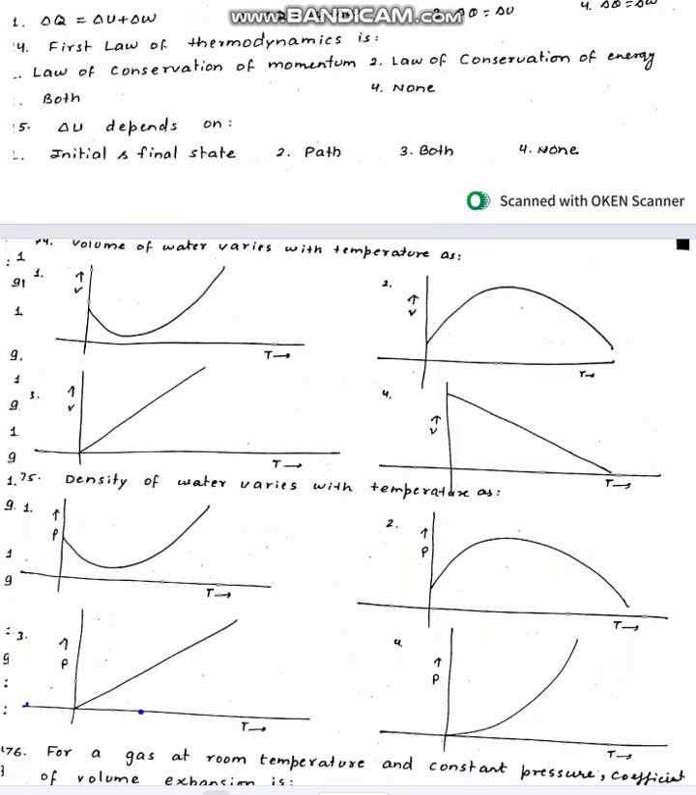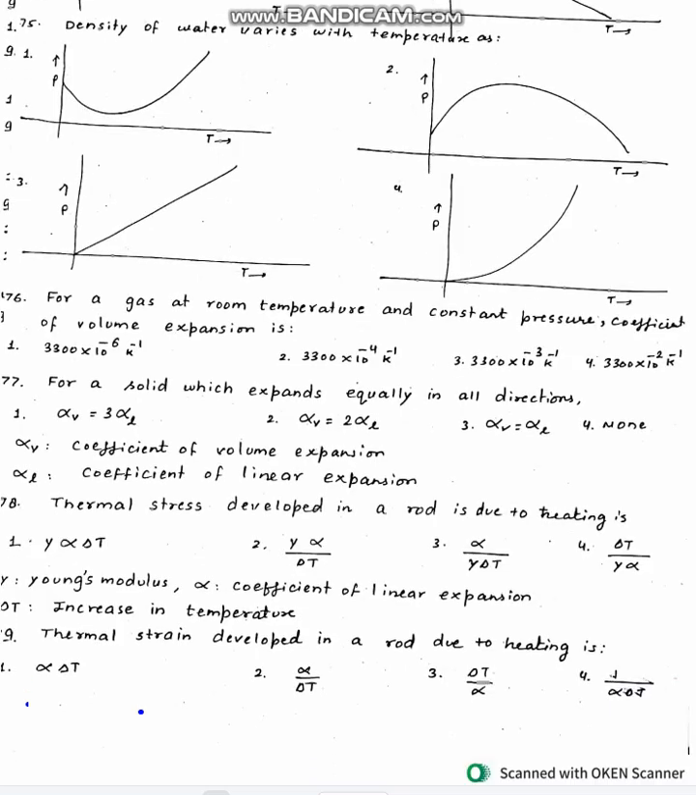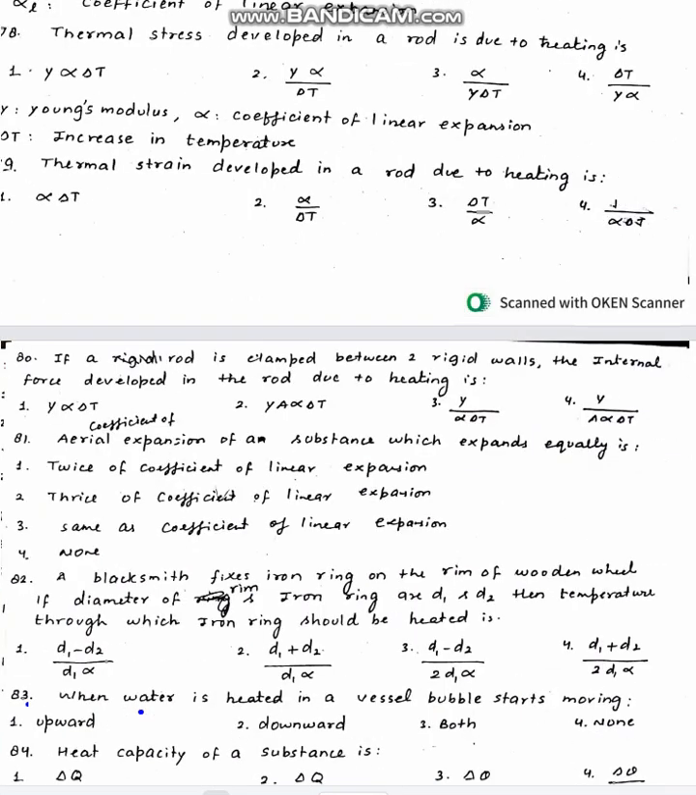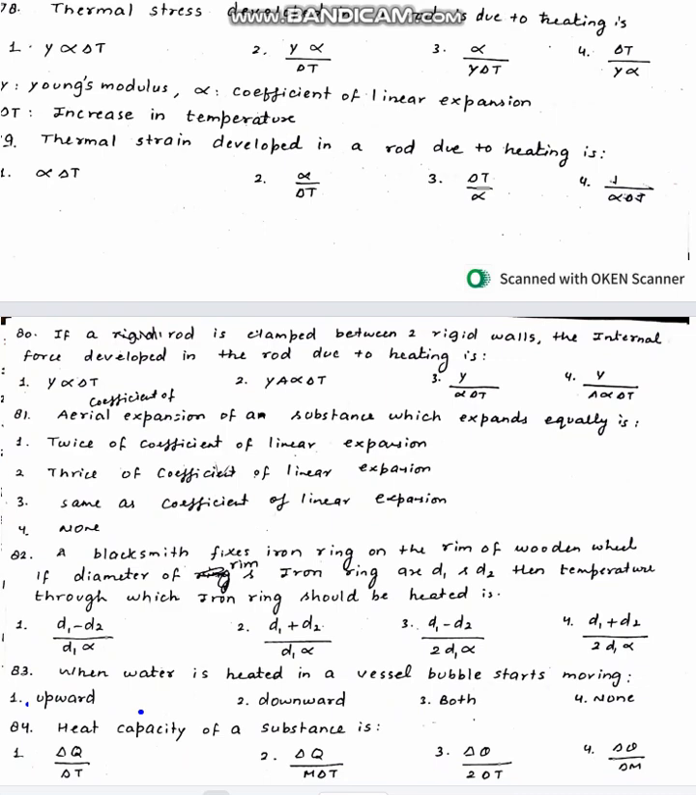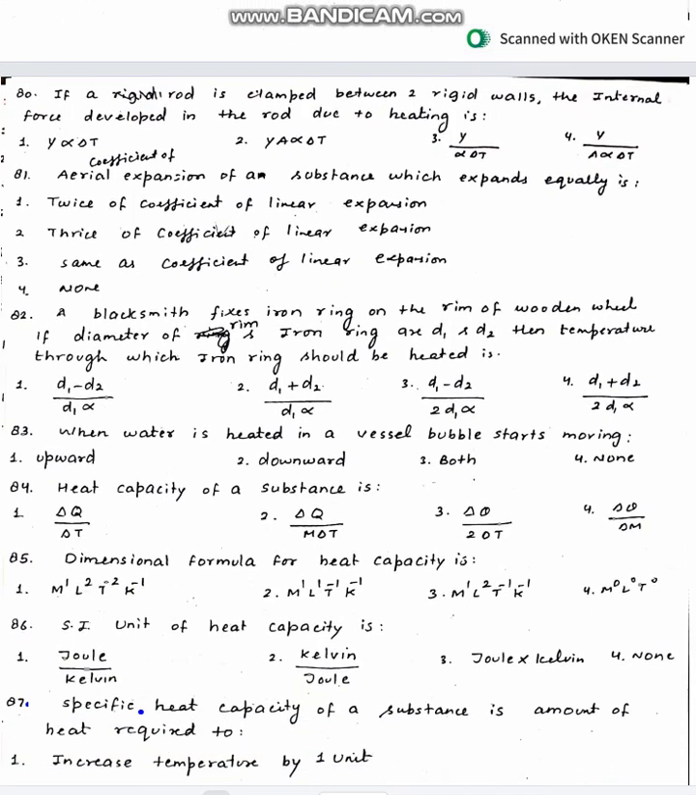graphical variation of volume of water, then density of water variation, then coefficient of volume expansion, then relation between alpha, beta, gamma, then thermal stress, then increase in temperature, then thermal strain, then internal force due to heating, then areal expansion coefficient, then ring problem, then heating of water, heat capacity of a substance, dimensional formula for heat capacity, then SI unit